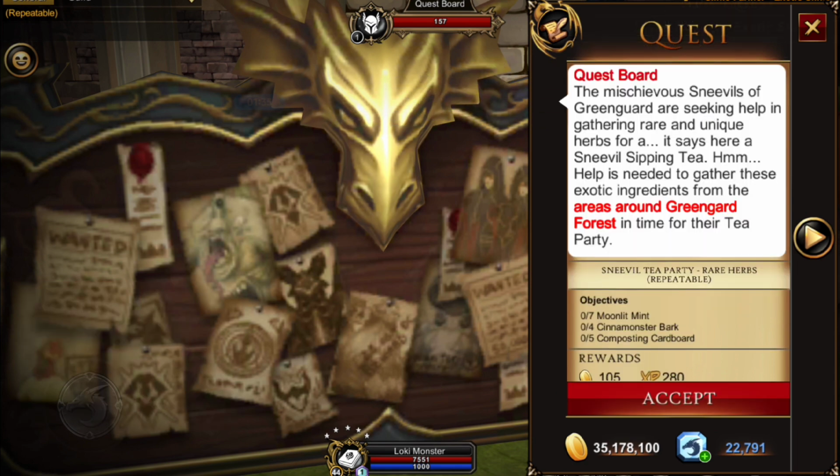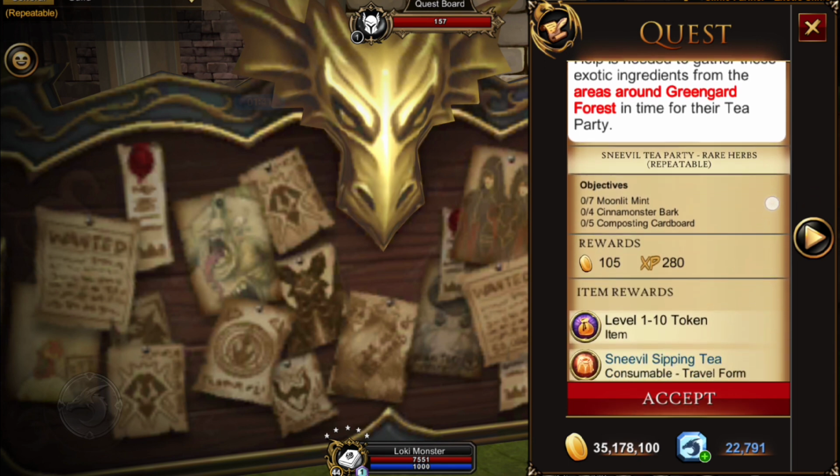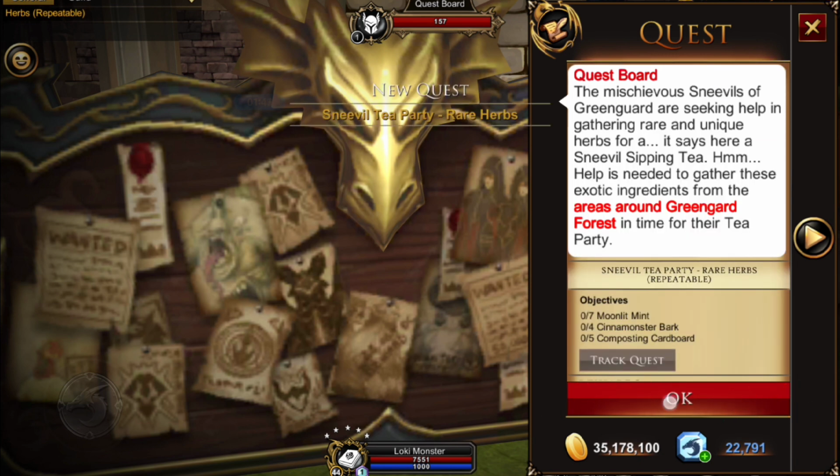The next one is the Snevil's Tea Party one. Now this one's unique from the rest. You also get a Snevil sipping tea travel form. It's a consumable one, so it's only temporary, as well as the level 1 to 10 token. And I'll be 100% honest here, the requirements for this is a bit too much for a level 1 to 10